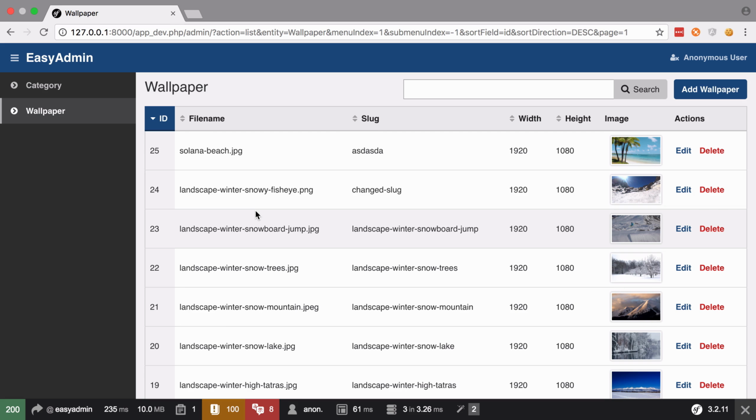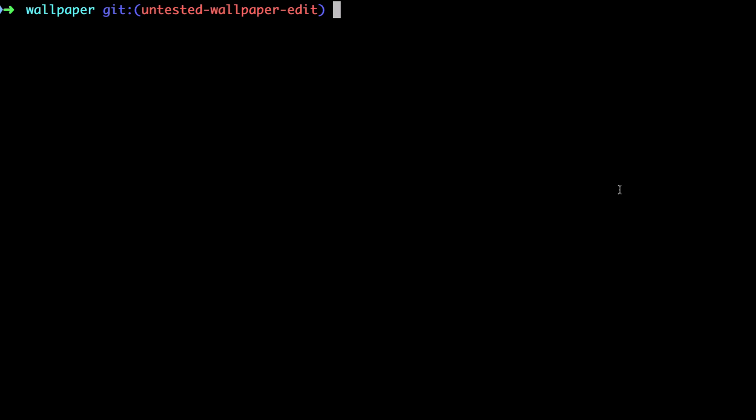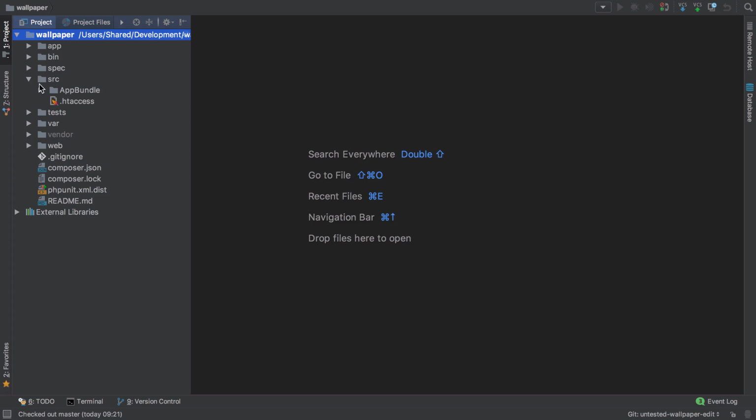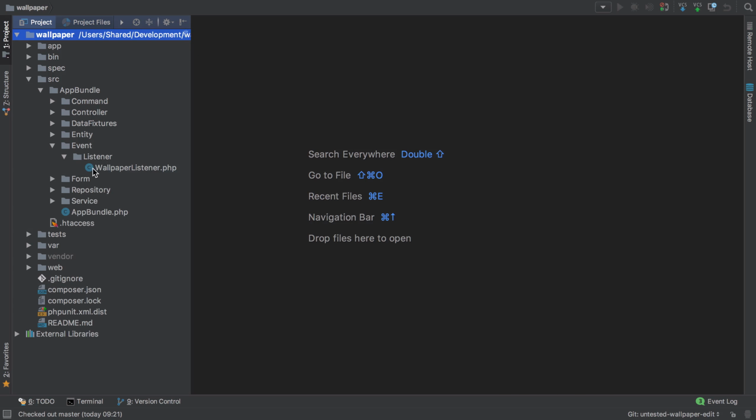So as we saw towards the end of the previous video, we can still create new wallpapers and we can edit them and change the slug, but when we try and change the image, nothing actually happens. So to understand why this is, we need to look at some code under our source app bundle event listener